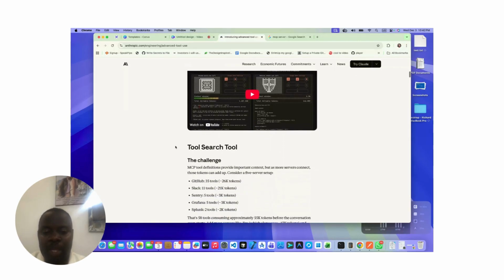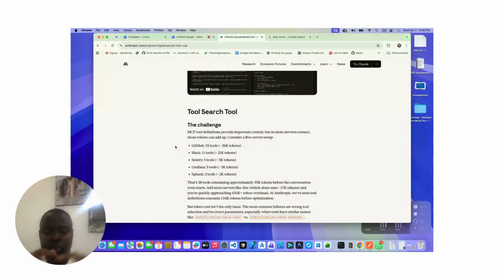They are saying here. So to put it in illustrations, let's say that you have like 4 MCP servers. Let's say that you have GitHub MCP server, you have Slack MCP server, you have Sentry MCP server, you have Grafana MCP server, and you have Splunk MCP server.